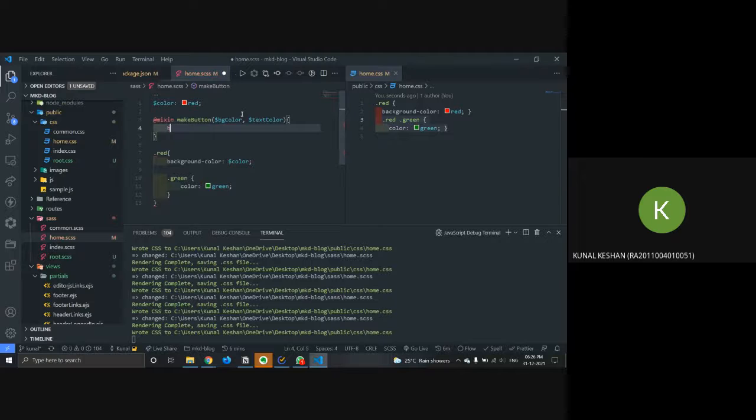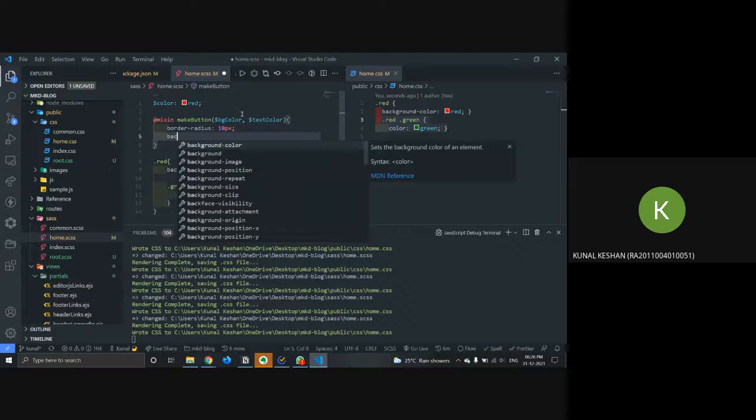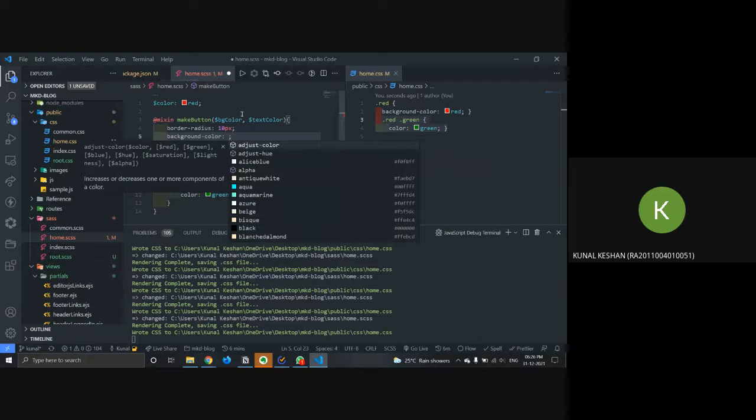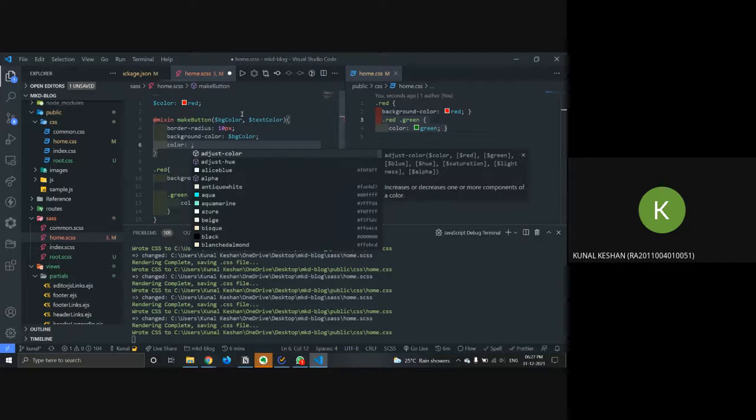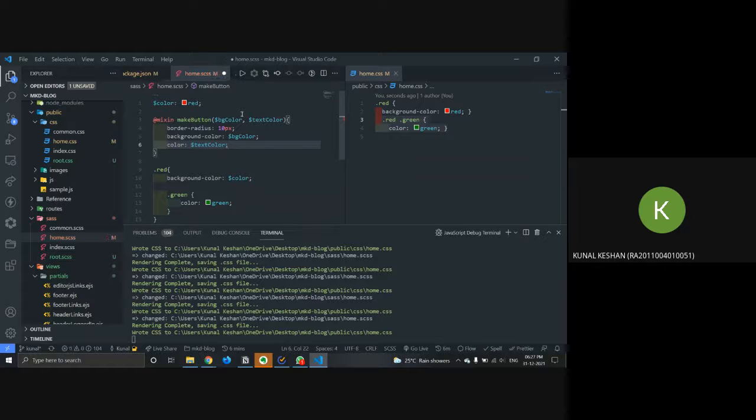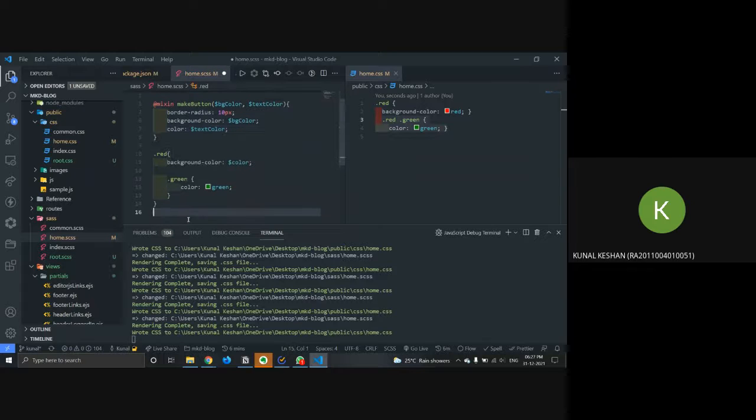Okay, so this is just an example: border radius 10 pixels, background color can be obviously my bg-color that I pass in here, and my text color is my dollar text-color in this case.